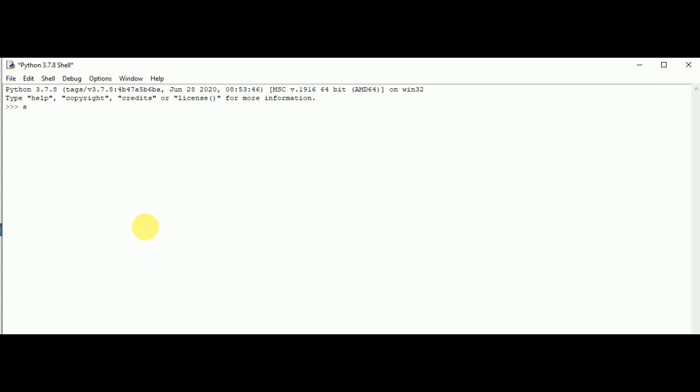So here, a equals 1000, b equals 1000, a equal to b, that is true.